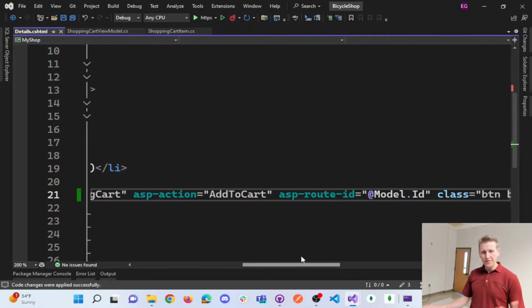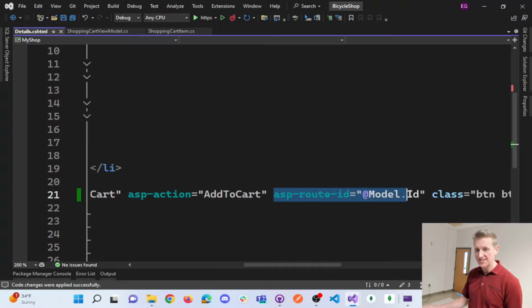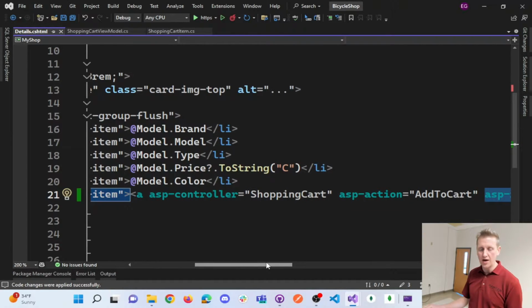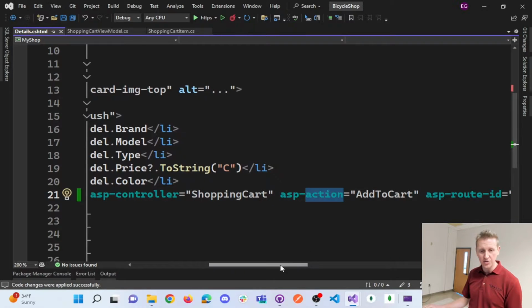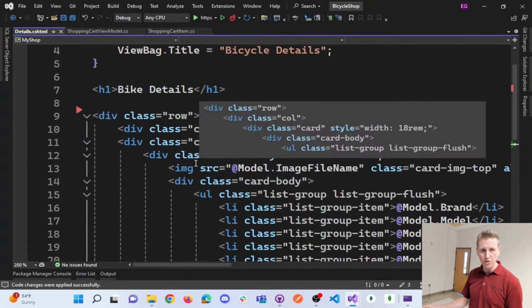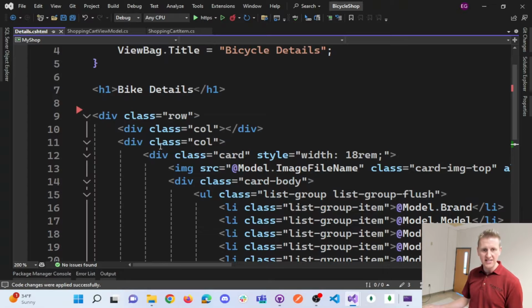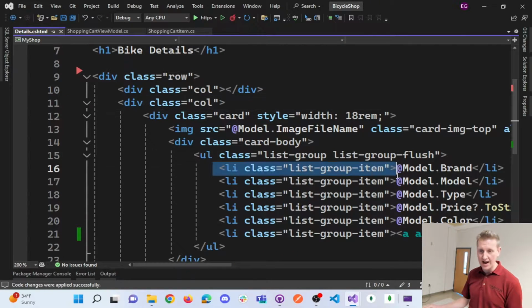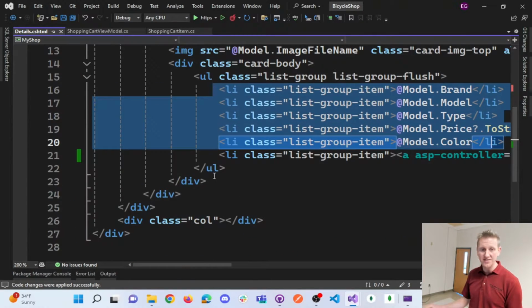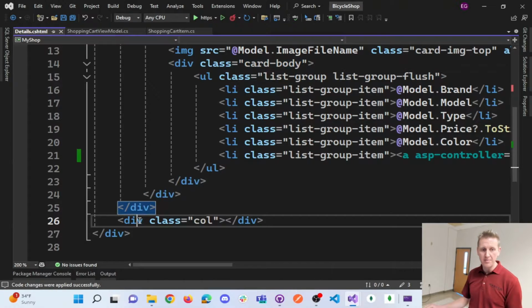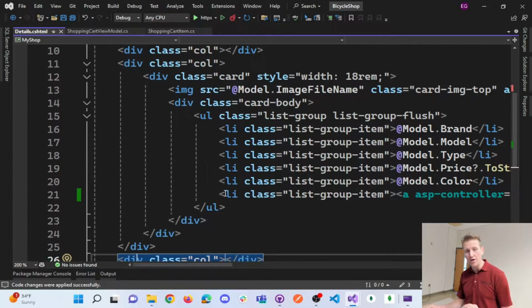Now, in order for your view to send the model ID to another ASP action, we have to make sure that we're storing the ID somewhere on this page. Right now, you can see this view does not store the model ID anywhere on here. So